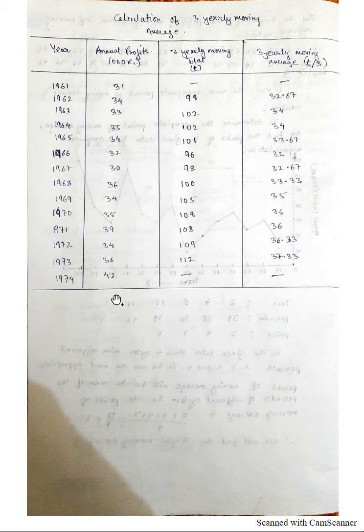Since there is nothing below 42, nothing after 42, we can't have any further sums. This I have explained in the earlier video itself, you can watch it to know. And this is the 3-year moving total that we are here representing by T. You can denote it by any symbol as such. So this is the 3-yearly moving total.